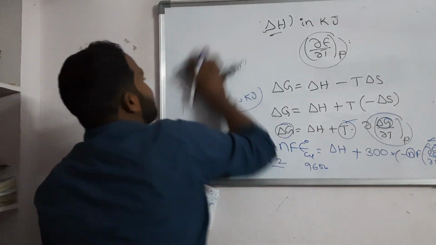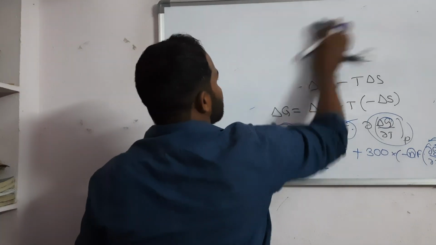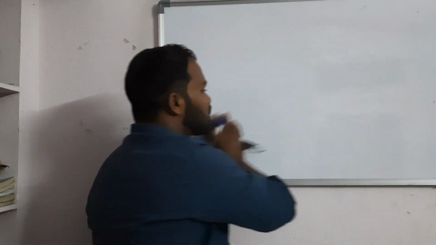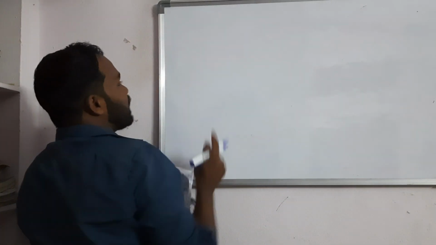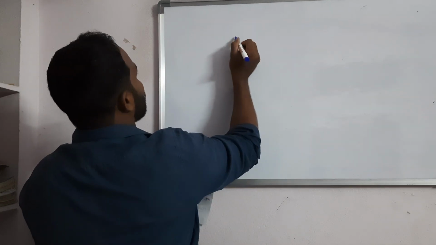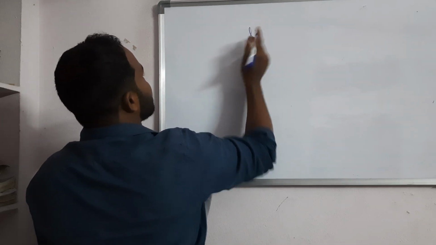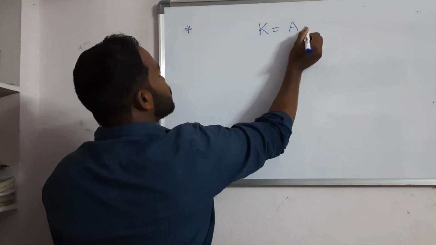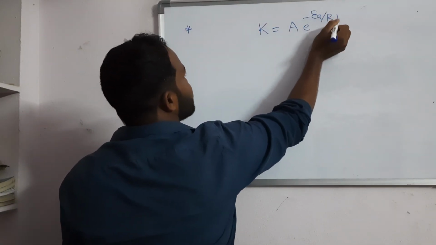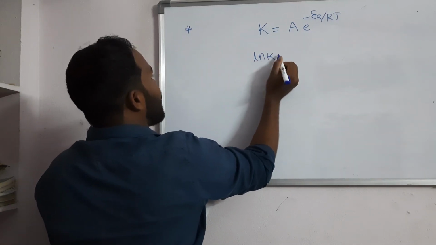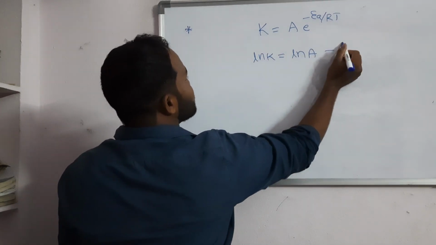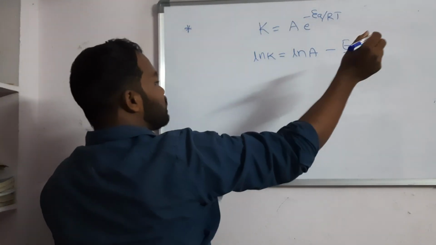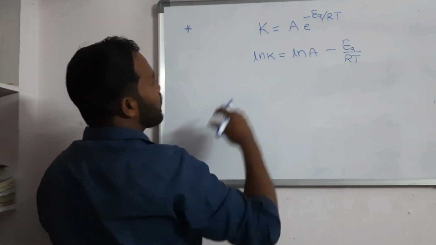Next, from chemical kinetics, the Arrhenius equation. That is also a very simple question they asked, similar to the GATE pattern they followed here. I don't know the exact values, but I will discuss the concept here. We know that K is equal to A into e to the power of minus Ea by RT. If you apply ln, ln K is equal to ln A minus Ea by RT. Ln e with base e is 1, so we are not going to write that.